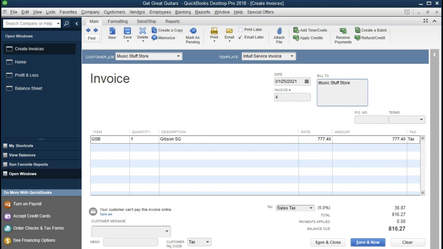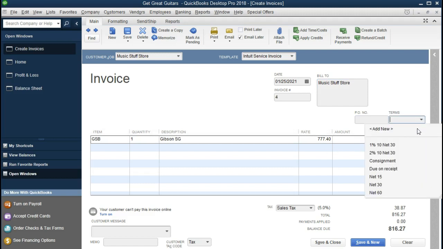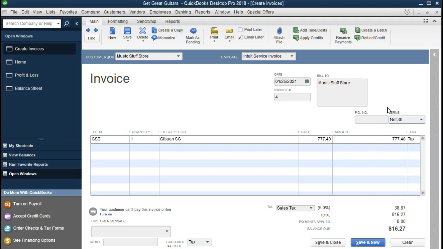We're not going to add the address. We got the terms. I'm actually going to add the terms here once again and put net 30 due and then 30 days. We've got the item, the GSB, which is, we want one of those. It's a Gibson SG, rate